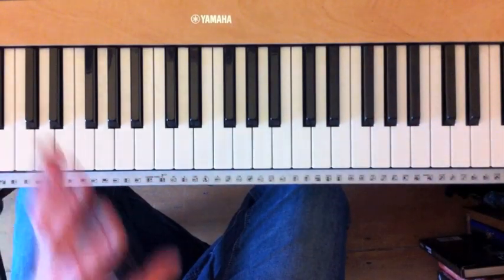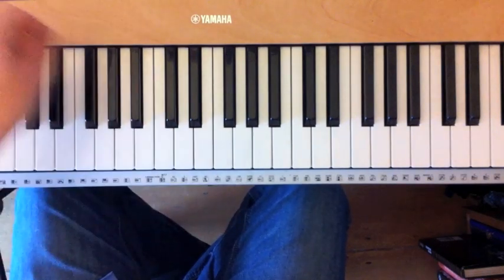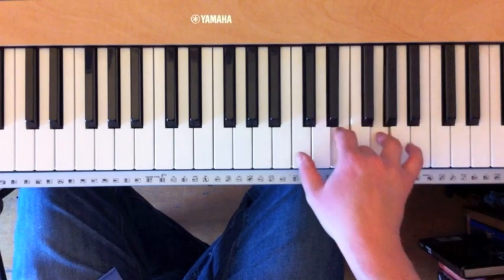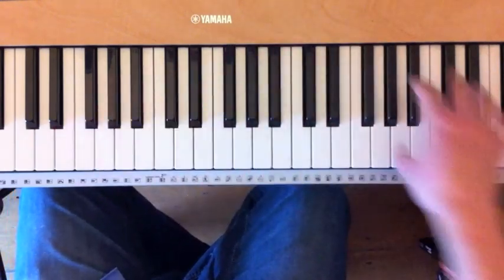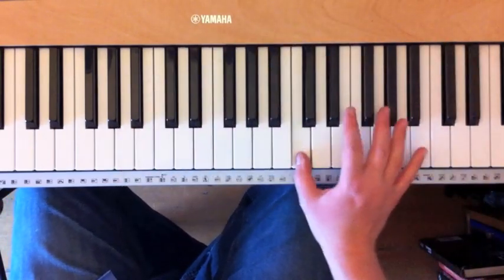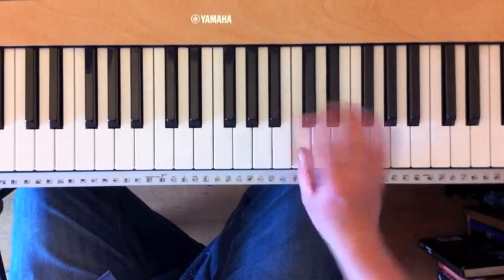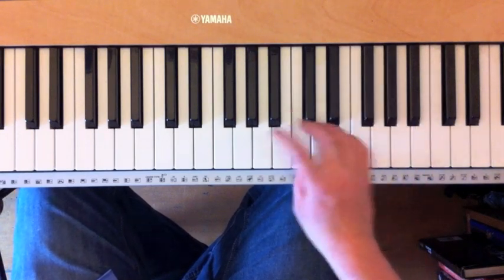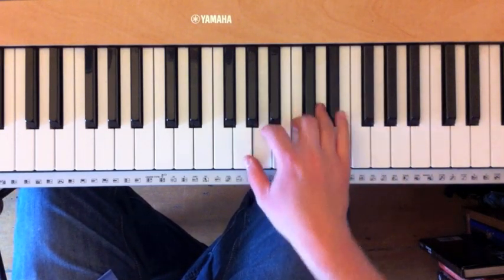I'm not saying that you should slavishly write all these down and mark the fingerings and stuff. It gets instinctive after a while. But the secret is moving down and down and down, and always having enough fingers left over. So making sure that you're moving over your thumb, and it usually is your thumb that you're moving over, making sure you're moving over at the right point. Okay, so we go, and then we're on to,